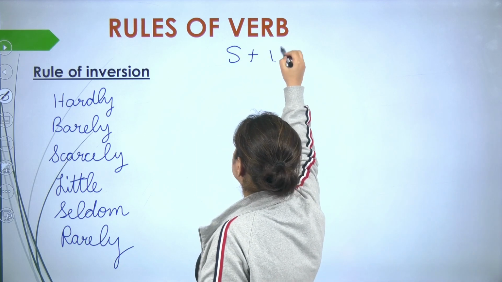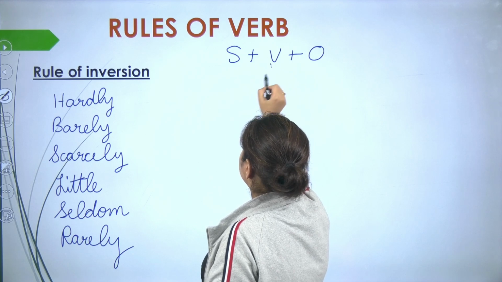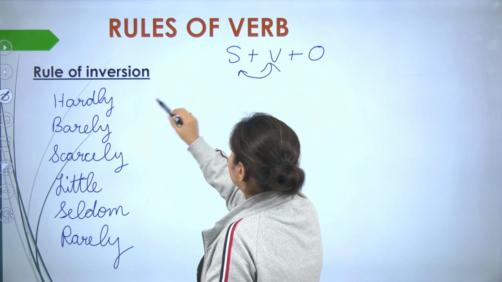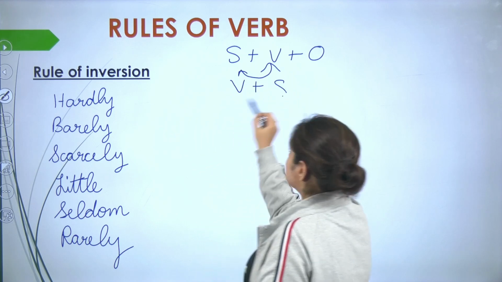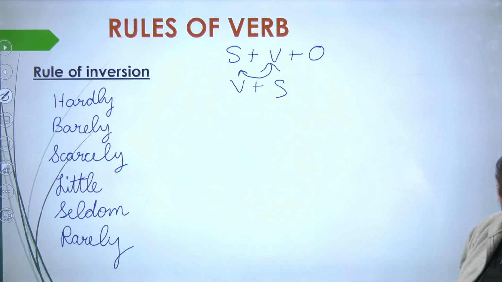Subject plus verb plus object. Here it will be reversed. How? In the rule of inversion, the verb comes first, then the subject comes. Verb form comes first, then the subject comes. For example,